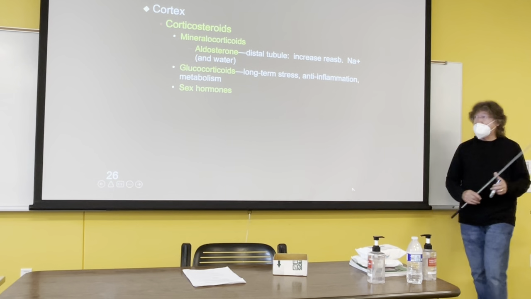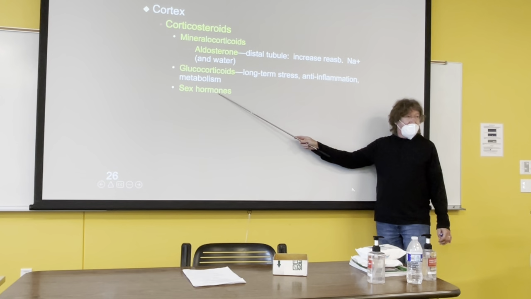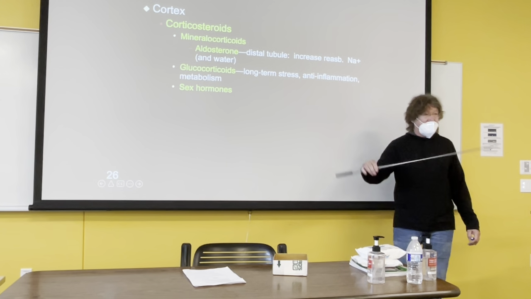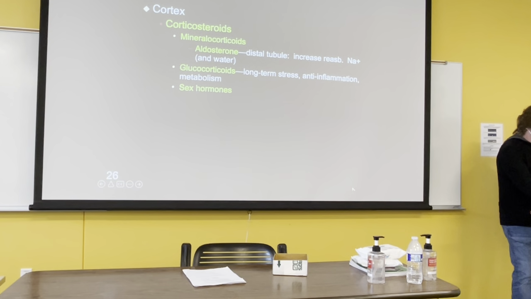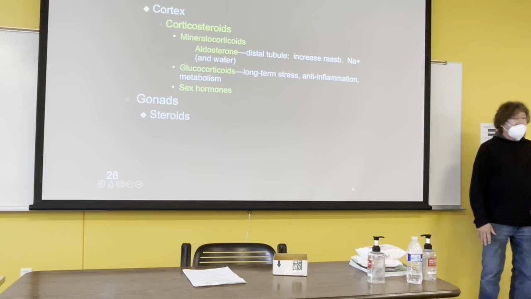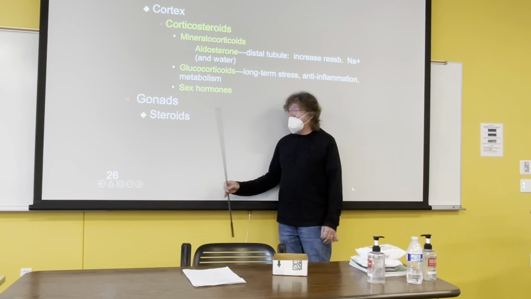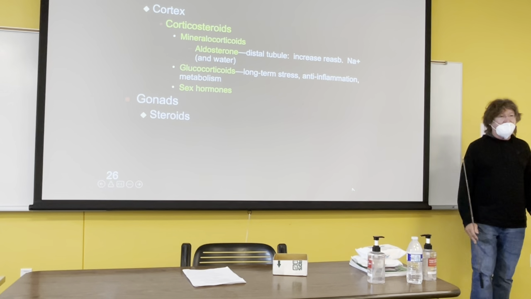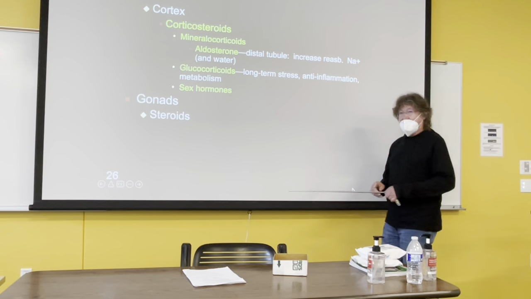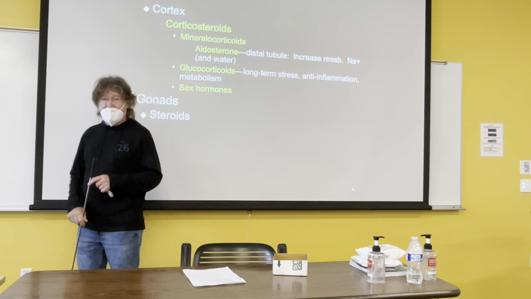Okay, and then there are certain types of sex hormones, including androgens and estrogens that are produced here. Now, most of the androgens and estrogens are produced by the gonads, okay, the testes, ovaries, but we still have some sex hormones that are produced in the cortex of the adrenal gland as well. Which brings us to the gonads, which is going to be our next topic. They produce steroid hormones. A lot of these are estrogens, androgens. The most important androgen is testosterone and dihydroxytestosterone. We'll come back to that when we get into looking at the gonads.